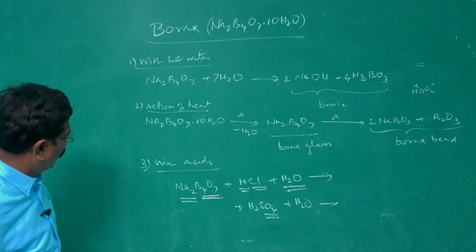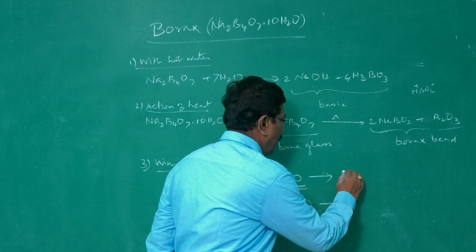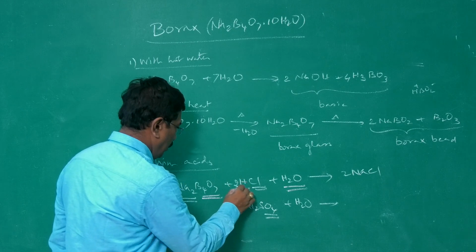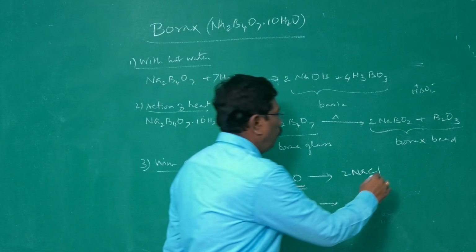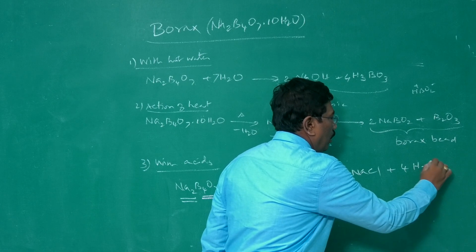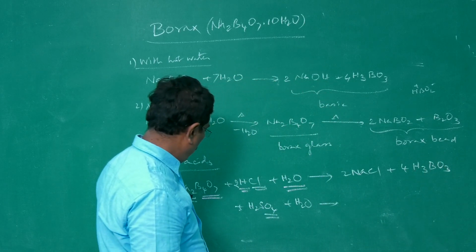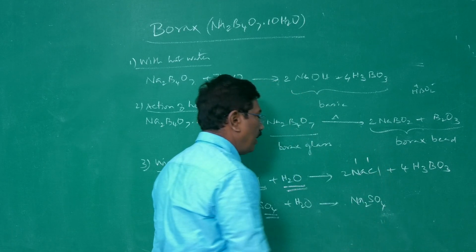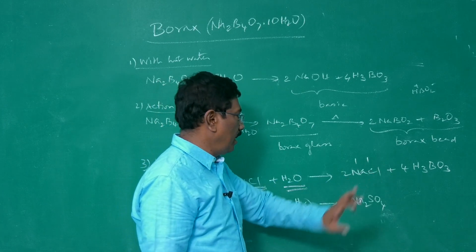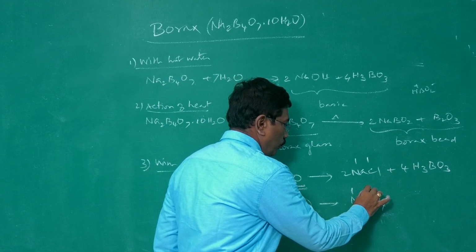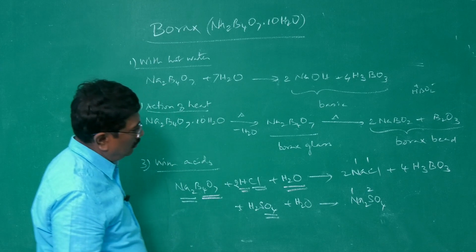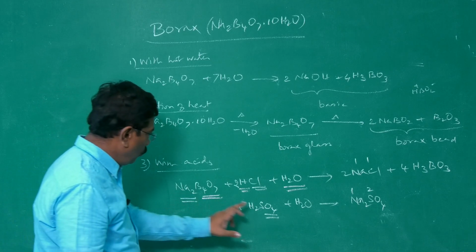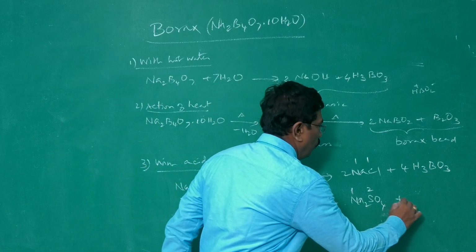All right. So, what will be the product then? Sodium chloride, 2 NaCl. We have just 2 sodium atoms, therefore 2 NaCl. We have 4 boron, and therefore 4 H3BO3 or 4 B(OH)3. Here also sodium sulfate, Na2SO4. Sodium valency 1, chloride ion valency 1, sodium ion Na plus, chloride ion Cl minus. Here sodium 1, sulfate 2, SO4 2 minus, Na plus, SO4 2 minus. Therefore, the molecular formula Na2SO4, 1 sodium sulfate is enough, 4 boron, therefore 4 H3BO3.